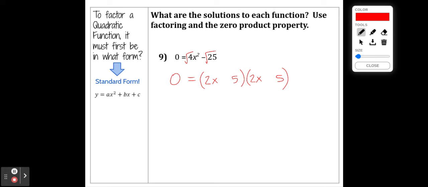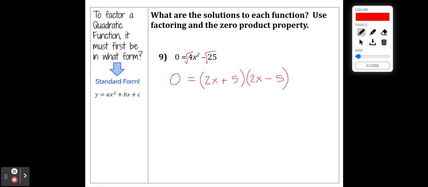Now, being that the middle term canceled out, this comes from a sum and a difference. So if you were to FOIL these two binomials, you'd see that the middle term would be like negative 10x plus 10x, and it gives you a 0x. Okay, so now we have our two factors, and if you multiply them together, you see they're equal to 0, so we got to solve for x.